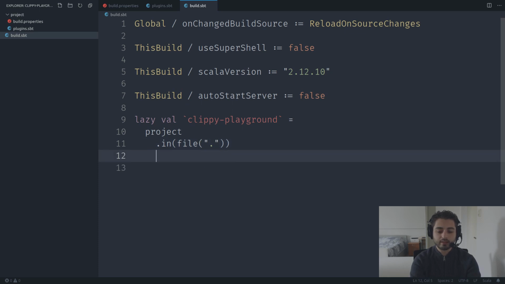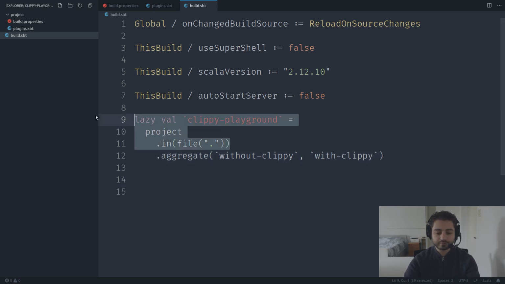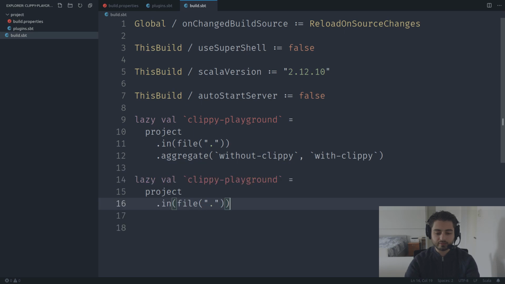Okay, and we're going to aggregate, which means that every time we're inside of the Clippy playground, every command that we're going to send is going to also be sent to two sub-projects, which we don't have yet, but I'm already going to type them out. So this one is going to have without Clippy, and this one is going to be with Clippy. Okay, so I'm just going to copy that like this, and I'm going to paste that over here, and I'm going to call this one